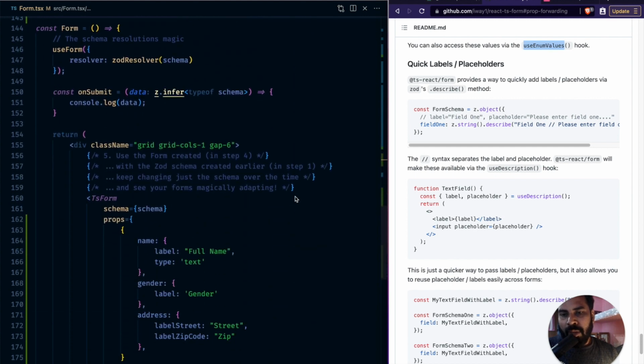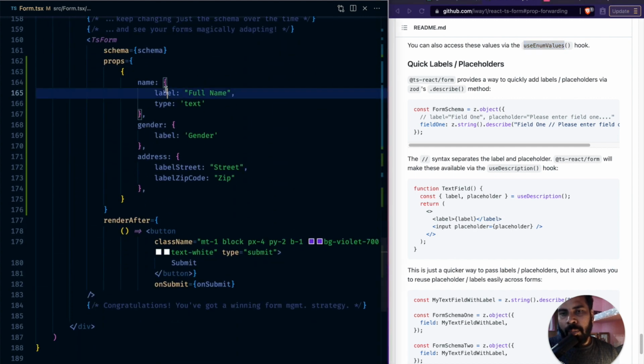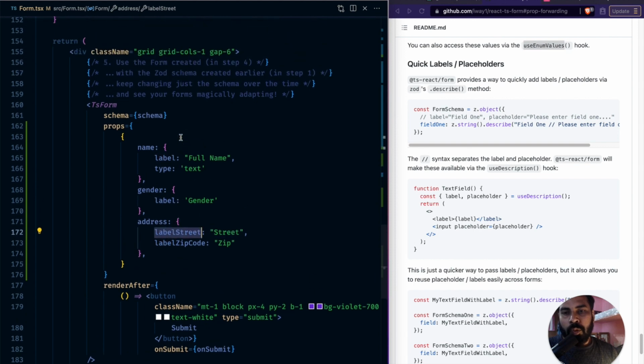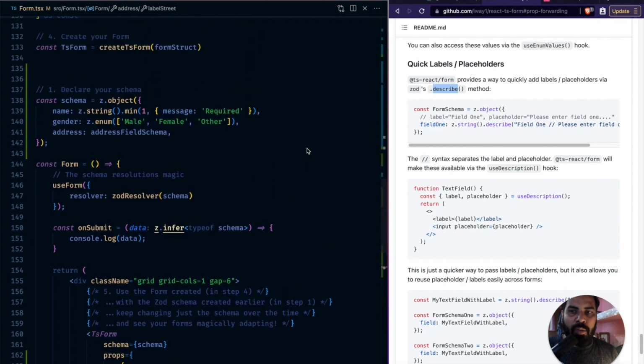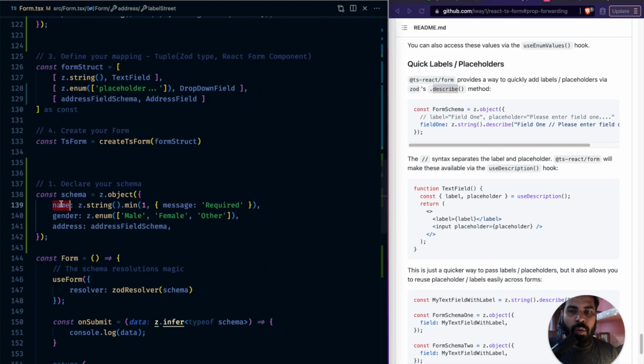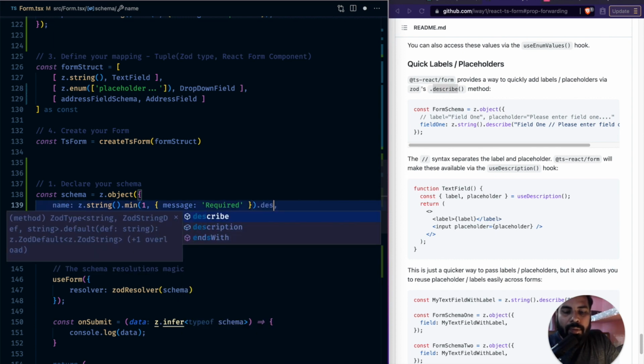So far we have passed this label every time. We were supposed to pass a prop that was a required prop, right? But can this be simplified? Yes, it can be simplified. So this library has a way to kind of access and extract values out of your schema. And what it lets us do is wherever you have defined your props in the actual schema, you can have